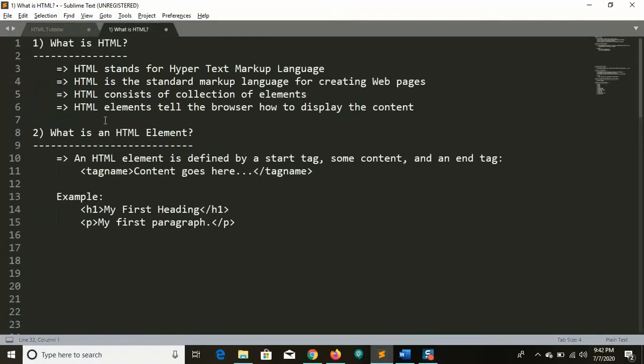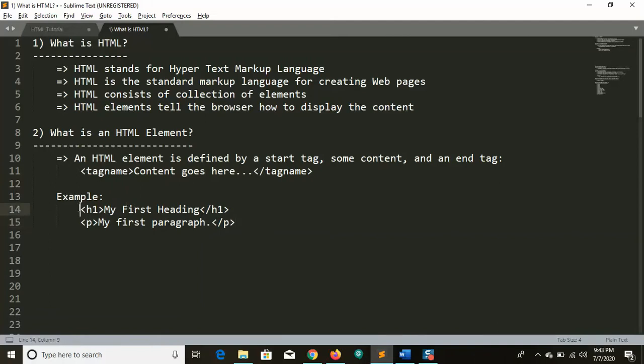Okay, first of all, the question is what are elements? So an element is nothing but a tag, which contains a starting and ending tag. So the tag will have an opening and closing, and in between it contains some content. Some tags will open and some tags will be closed. Some tags look like self closing, so we'll discuss that later.